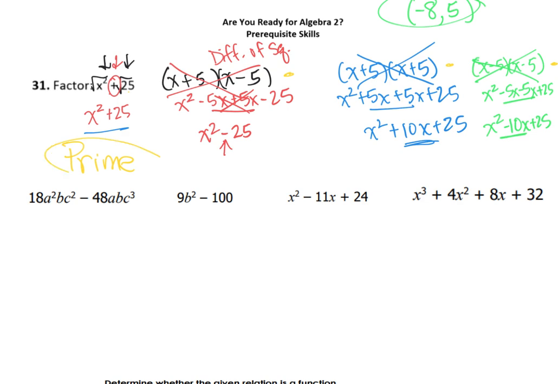Prime. That word, prime. This binomial actually cannot be factored, and that happens sometimes. And when that does, we say prime, or cannot be factored. So now we've seen a few different types of factoring through these last few videos, and your job this year as an Algebra 2 student